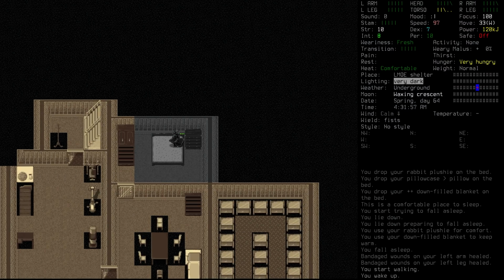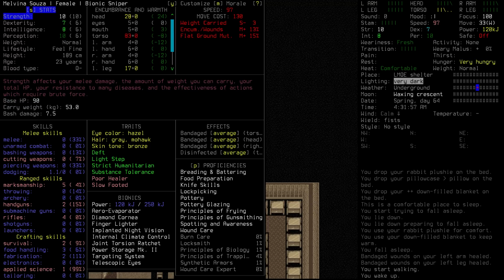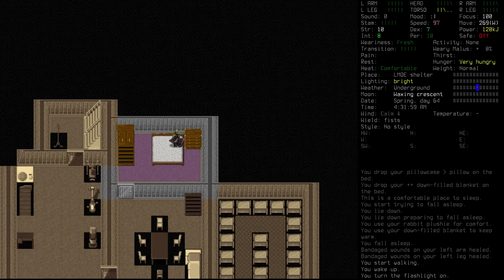Oh boy, okay. Well, we're woken up. Some of our limbs did heal a little bit, and as you can see, our torso healed just a tiny bit. Just a tiny bit. There is still so much more that needs to happen for our torso to get better. Well, turning on that light,